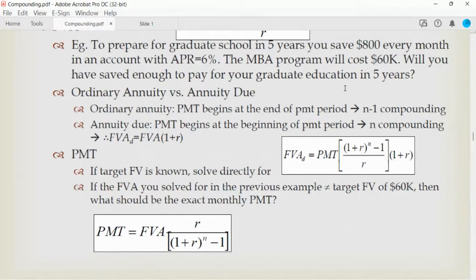Every month you have to make this payment or deposit, and the amount should be regular. It must be $800 every month. So the idea is,